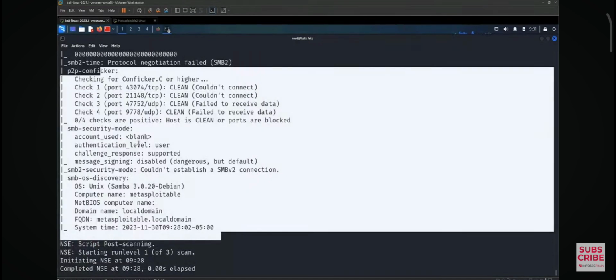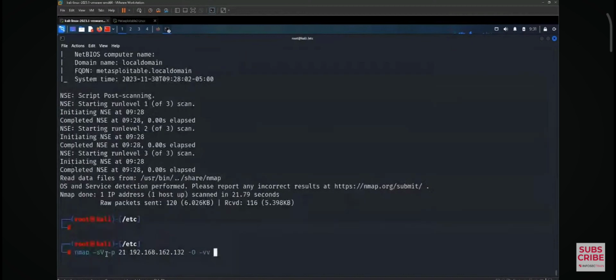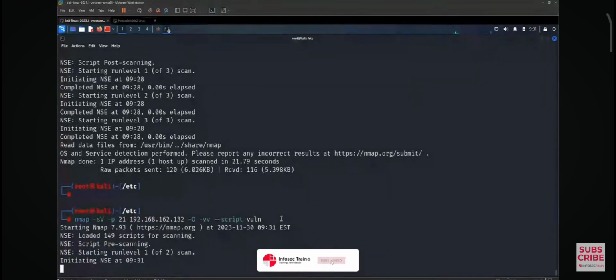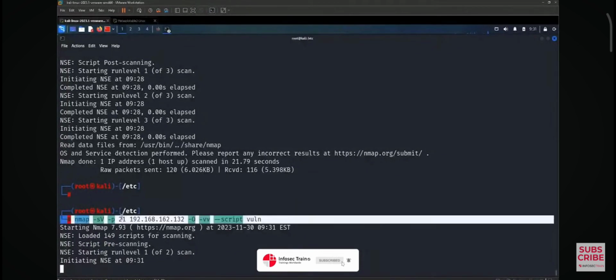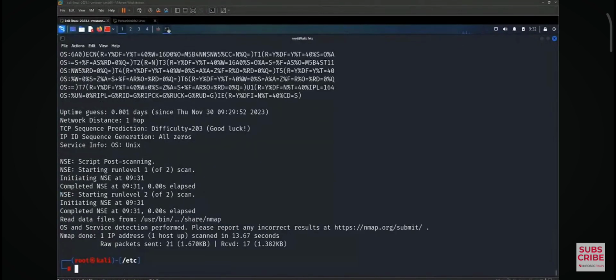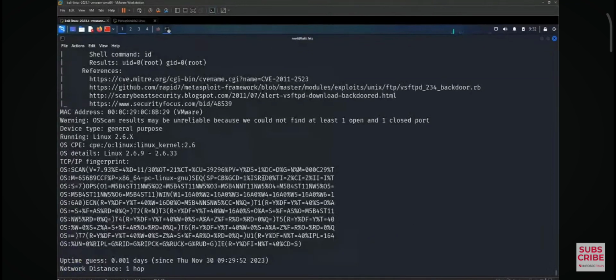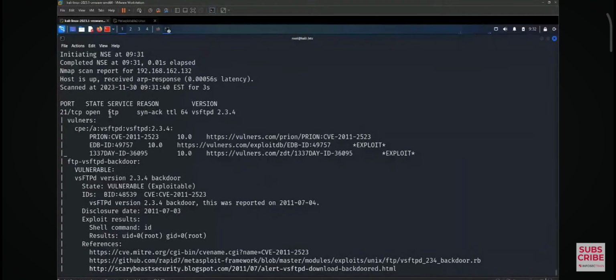We were having this option here, hyphen sC, right? We were having this option C written over here, which will be running the default script for us. Instead of that, we will be writing a script one, which will be giving us the information about the vulnerabilities which are associated with this port number. So let's see. Okay. So over here for this port number 21, your FTP,